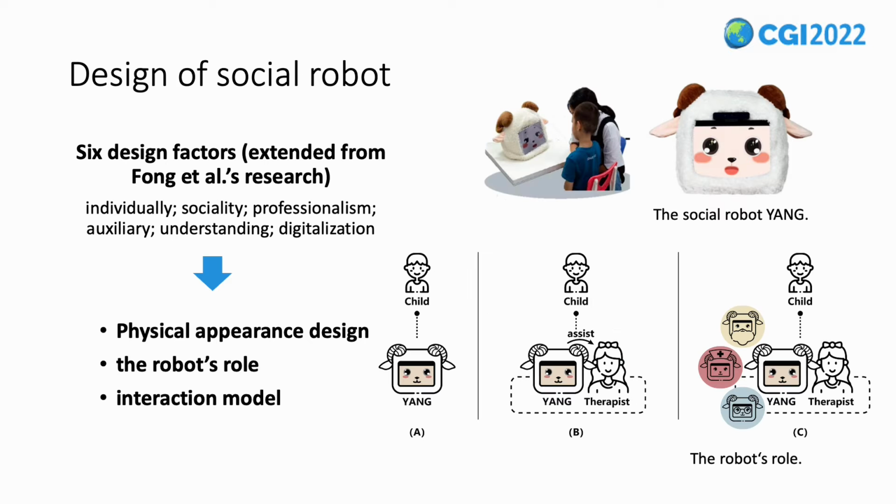daily training. Our design of the social robot, including physical appearance design, the robot's role, and an interaction model, are based on 6 design factors. These factors consider the social content of the robot and help to build the personality framework of the robot. Accordingly, we designed Young, a lamp-shaped desktop robot coated with plush material. We chose this appearance because this character is familiar to children, and soft materials are preferred by children due to